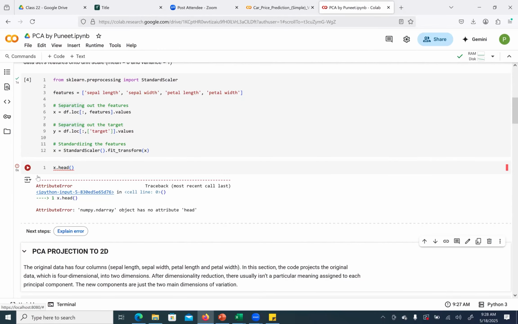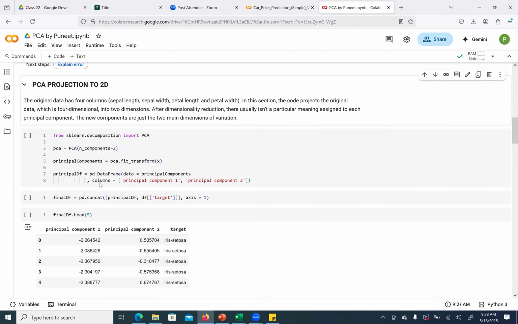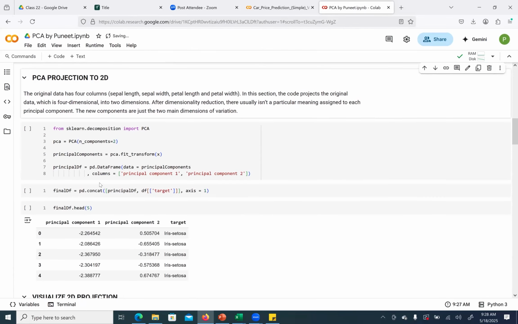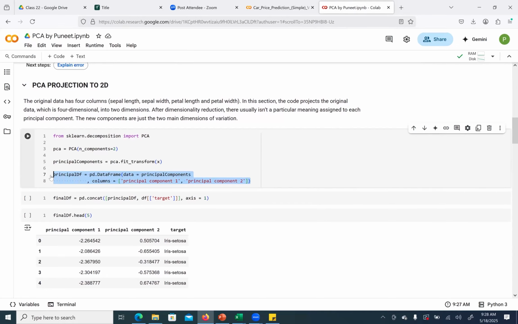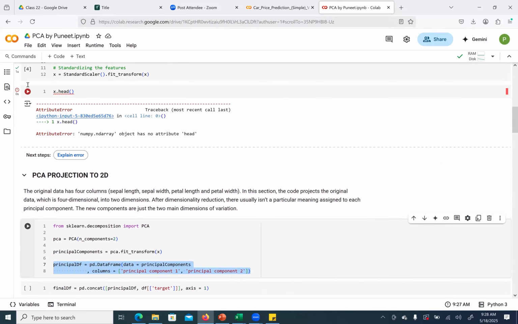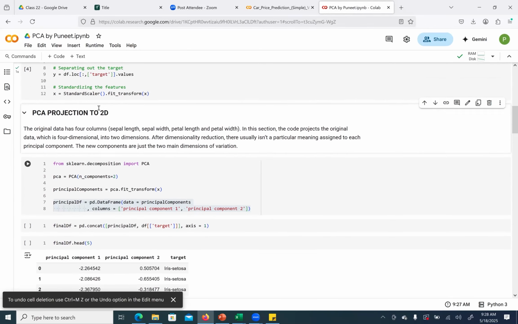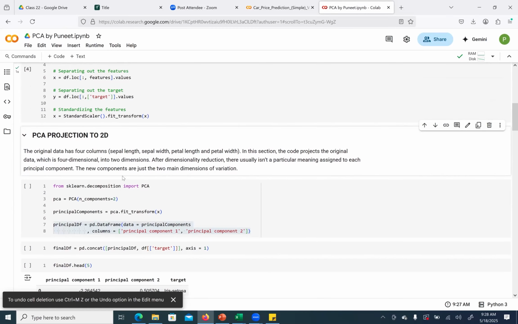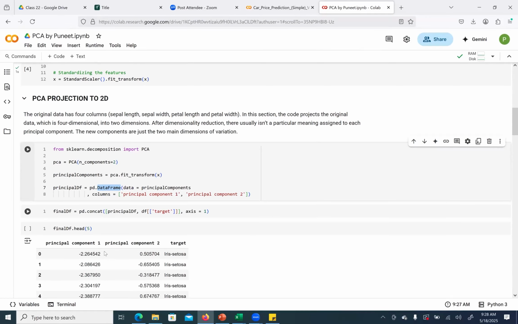This is not a data frame. Here we have changed it to a data frame already. This is an array. That's why this didn't work. Once we used standard scaler, it became an array instead of a data frame. In the next part, I'm converting it to a data frame first. So if I look at this data frame,